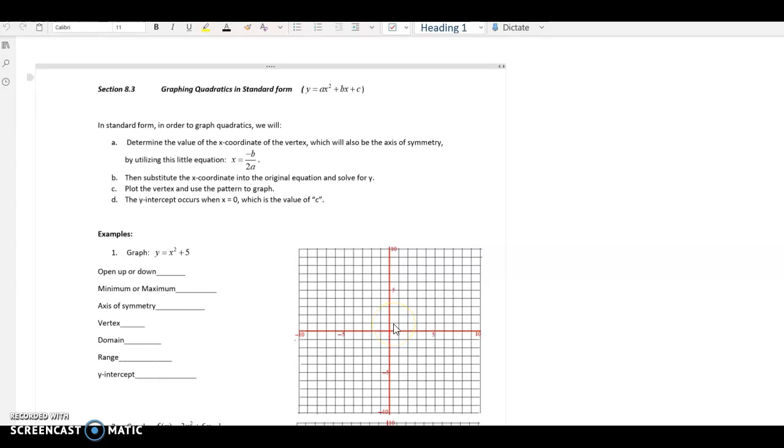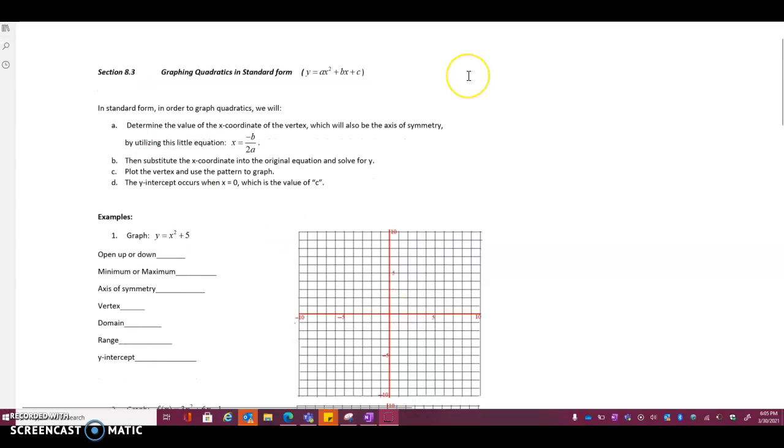All right, guys, so section 8.3 is graphing quadratics in standard form. Before this, we learned how to do quadratics in vertex form. Well, with this form, there is no vertex at this. So for standard form, we don't have a vertex yet. Standard form is this equation right here, which should look very similar to some of the things we were doing in